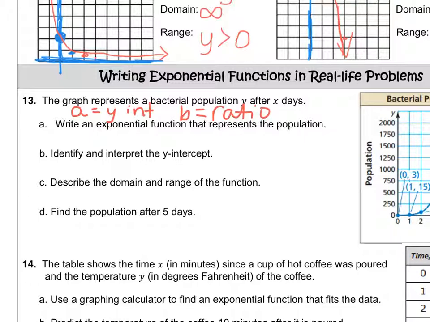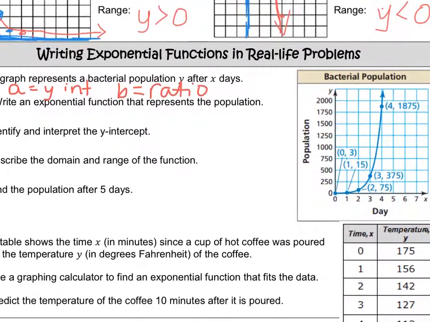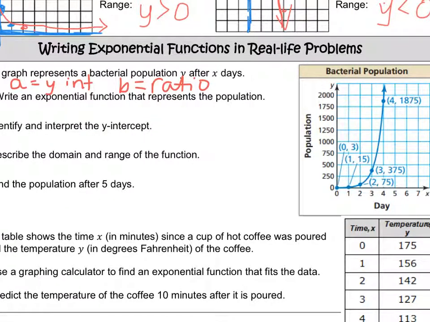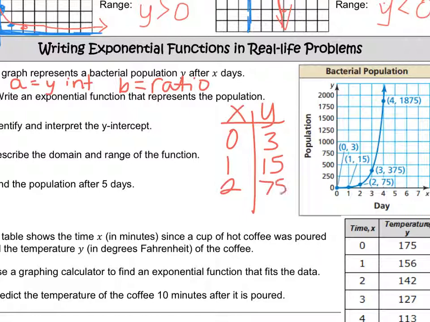So when we look, I'm going to go ahead and put my data into a table, because I can see things a lot easier if I've got a table. So I've got 0, 3, 1, 15, 2, 75, 3, 375. I'm not going to write the last one, I'm out of room. But when I'm looking at my table,